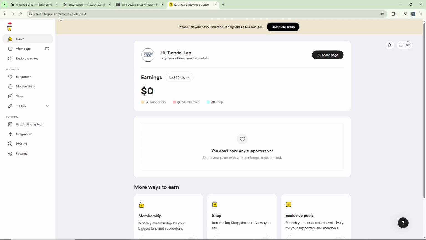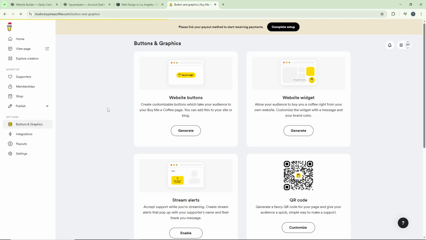After logging in, you'll land on your dashboard. Take a look at the left side of the screen where you'll see several menu options. Click on Button and Graphics. This section is where Buy Me a Coffee provides all the different ways you can integrate their donation system into your website or platforms. Now you'll see multiple options to choose from, including website buttons, website widget, stream alerts, and